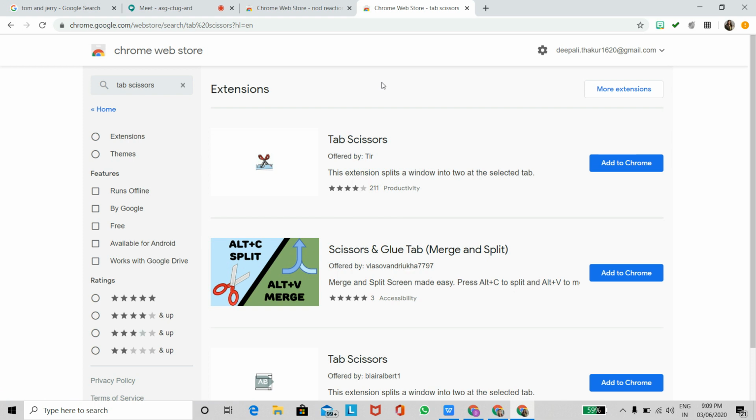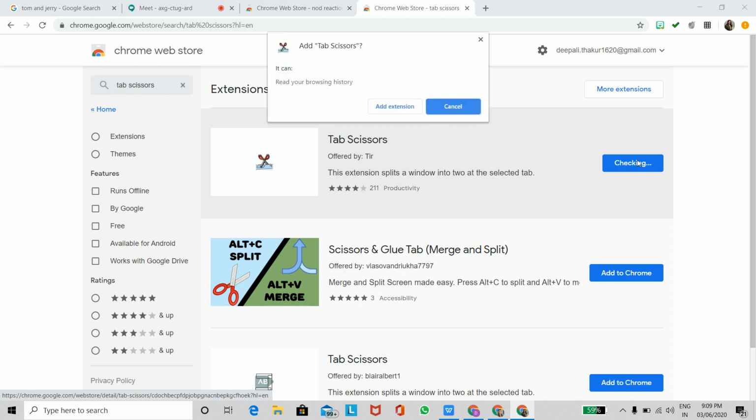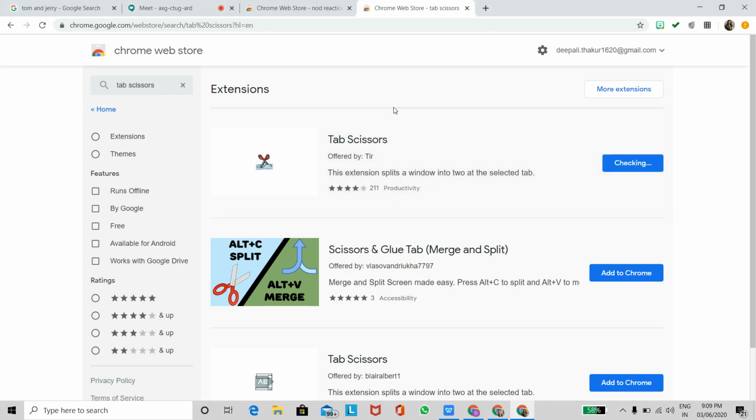So I'll be able to read from here and see my kids and vice versa if you want them to see that, two screens, or you can choose them to see the screen that you want to. So Tab Scissor, the one I generally use, is offered by TIR, and I don't know what's his pronunciation, but I'm going to add an extension,